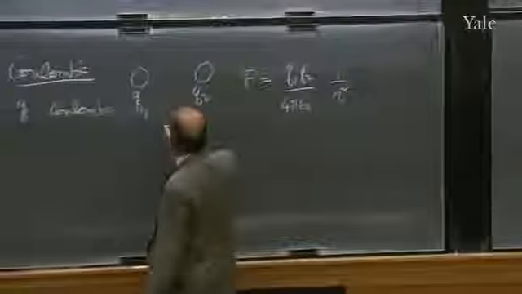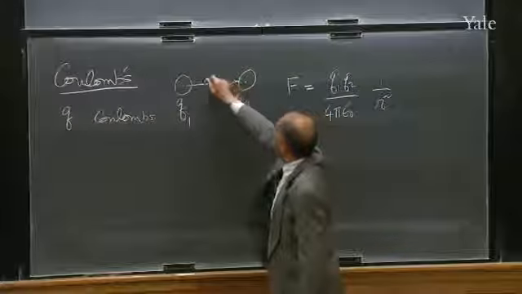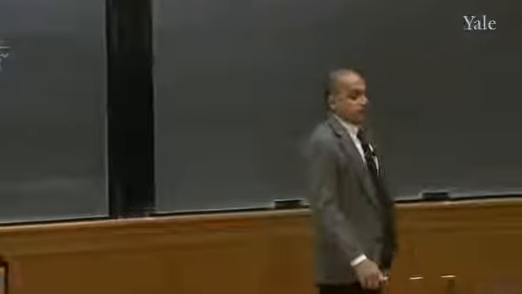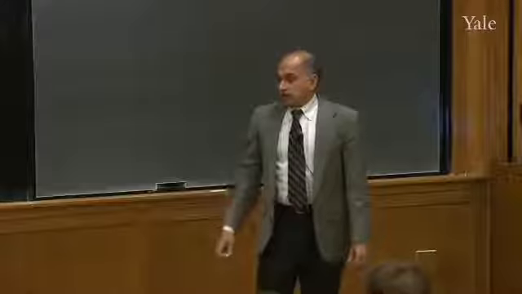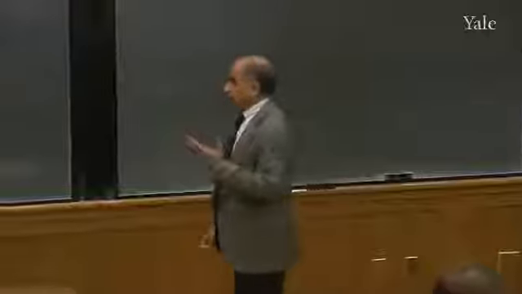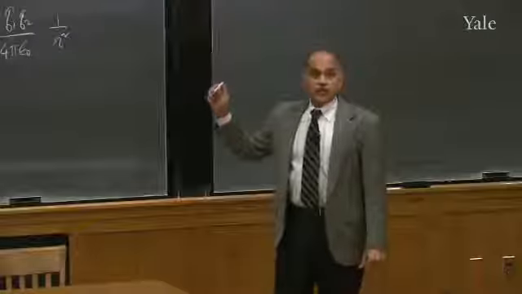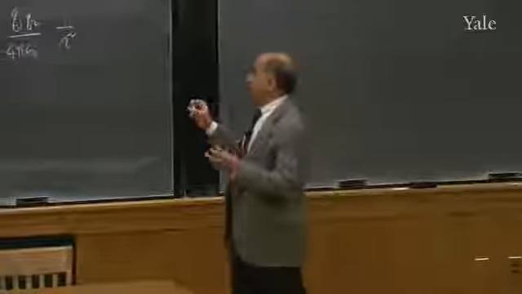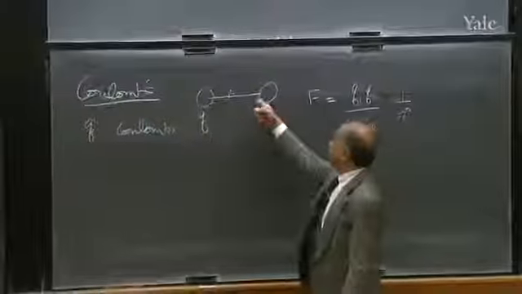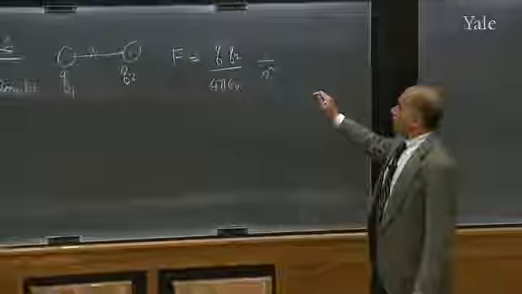Now you can ask in this picture, what do you mean by distance? I mean, is it from here to there, or is it from center to center? We are assuming here that the distance between them is much bigger than their individual sizes. For example, you say, how far am I from Los Angeles? Well, 3,225 miles. But you can say, are you talking about your right hand or your left hand? Well, I'm a point particle for this purpose, so it doesn't matter. So here we are assuming that either they're mathematically point charges, or they're real charges with a finite size, but separated by a distance much bigger than the size. So r could stand, if you like, for center to center. Doesn't matter too much. So this is what Coulomb said.